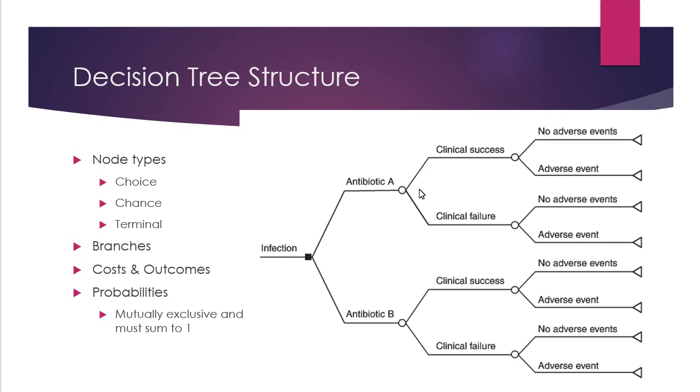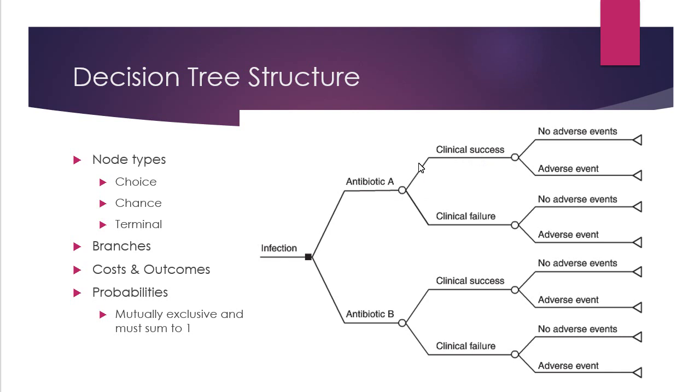It's beyond the scope of this course to discuss that particular method, but just to let you know, those probabilities are extracted from the clinical trial, and they are used to define these different arms. So that is a chance node, because there's a probability associated with clinical success and clinical failure. There's an uncertain outcome over here, and that data comes from the clinical trials. Then there's a further chance node as you progress down this arm